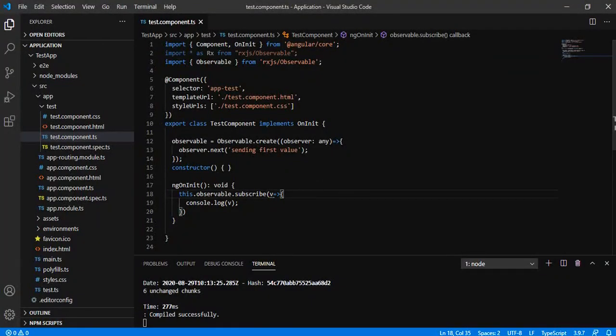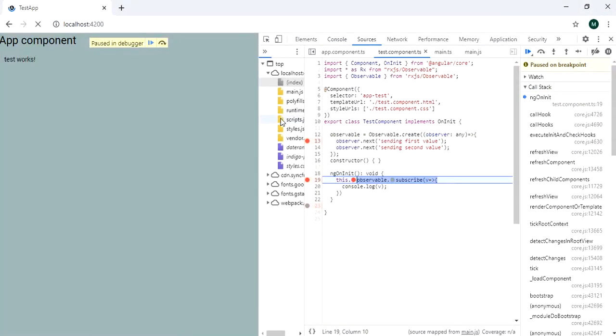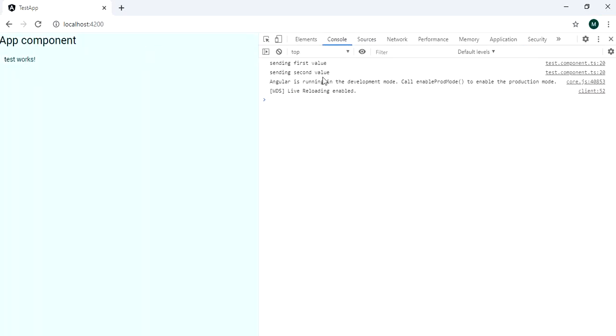Now let us say I am sending the second value, and you can see it starts receiving the first, and then the second value has been received by the subscriber.